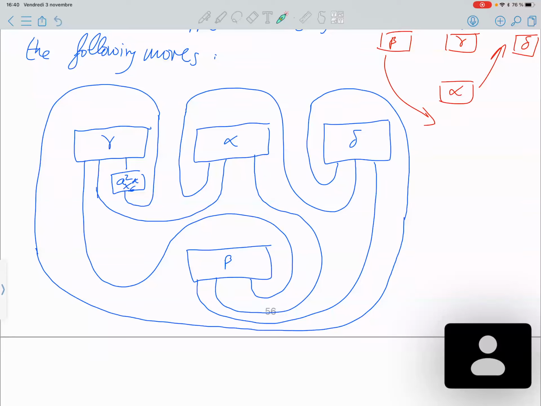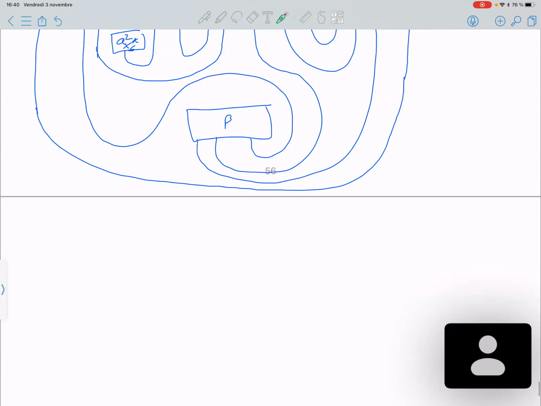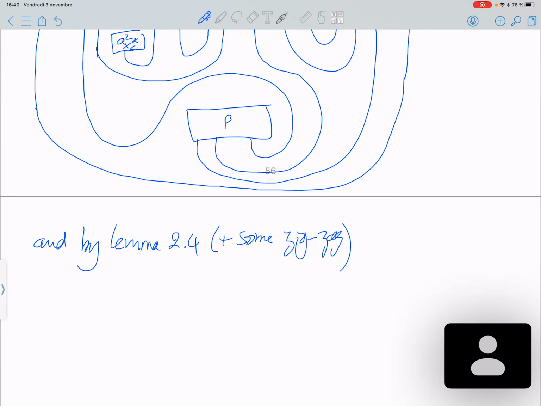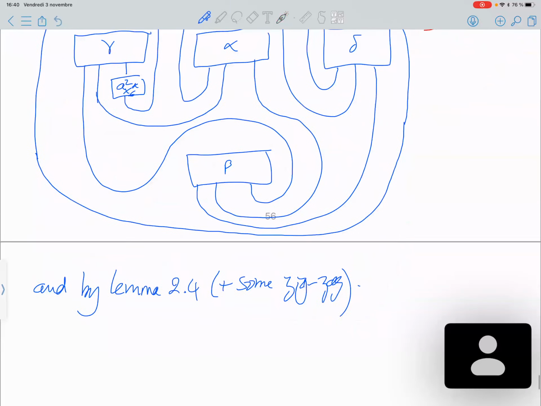And we need an extra move. And finally, by lemma 2.4, plus some zigzag again, you have